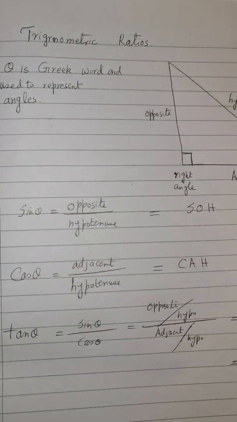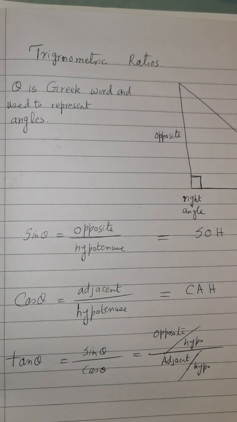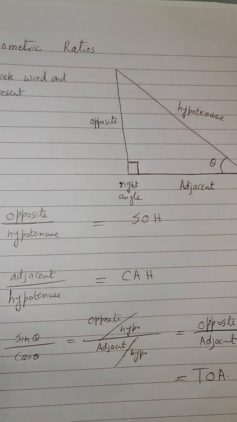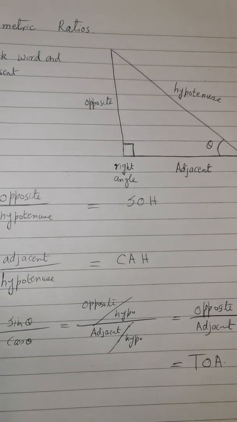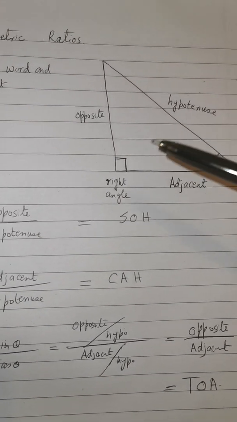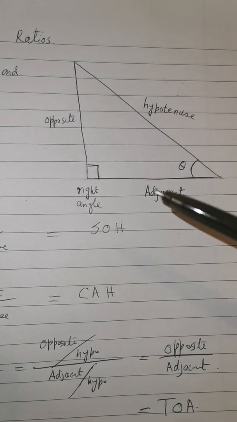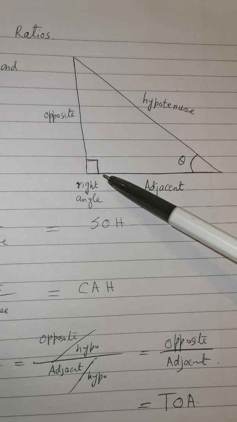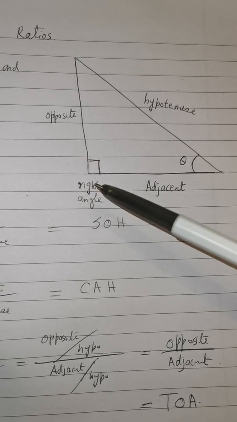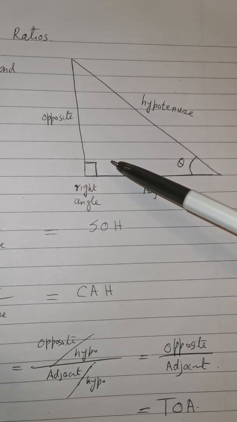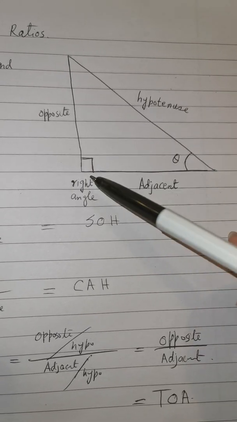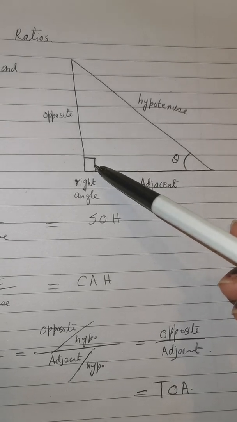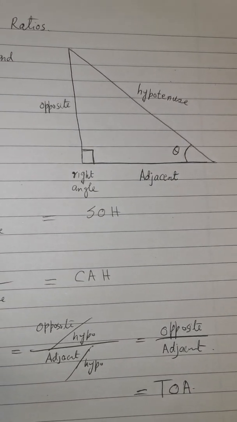In this video we will learn about trigonometric ratios. Basically, trigonometric ratios are related to a right angle triangle. A right angle triangle is a triangle in which one angle is 90 degrees. In mathematics, this angle is usually not written as 90 degrees. Instead, they make a little square, which shows that this angle is 90 degrees, right?